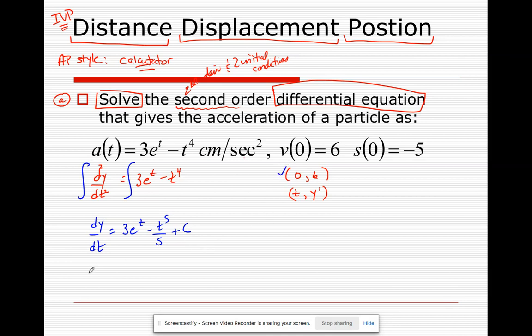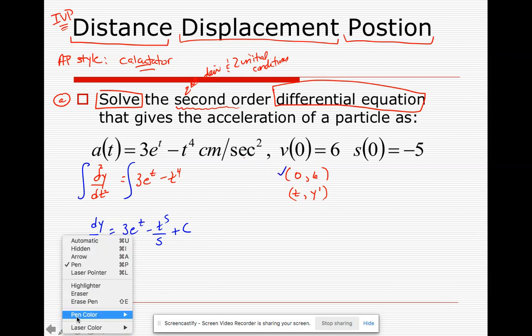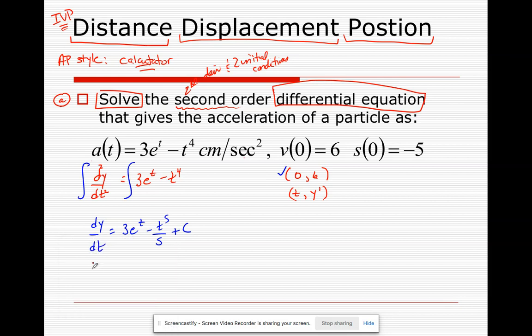Now I'm going to use the point (0, 6). The e to the 0 is not 0, is it? Therefore, my velocity equation